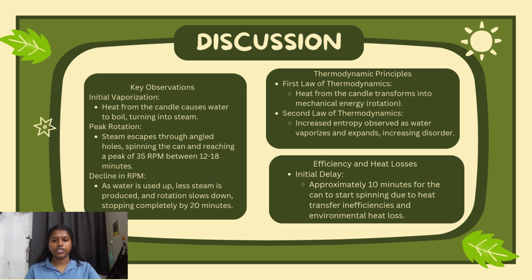Key observations. For initial vaporization, heat from the candle causes water to boil, turning into steam. For the peak rotation, steam escapes through angled holes, spinning the can and reaching a peak of 35 revolutions per minute between 12 to 18 minutes. Decline in revolutions per minute: as water is used up, less steam is produced, and rotation slows down, stopping completely